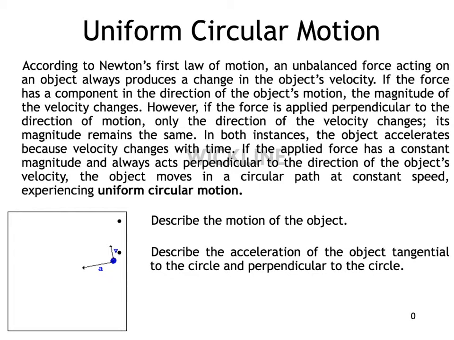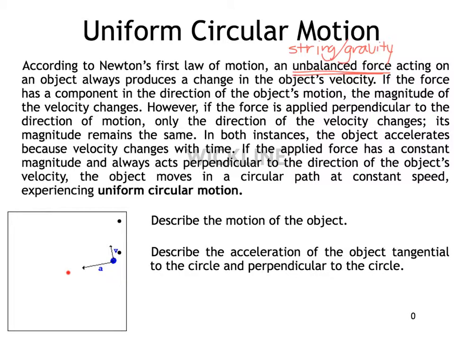So uniform circular motion is actually, in some ways, like Newton's first law. In fact, I mentioned it in the do now. It's saying that an unbalanced force acting on an object will produce a change in the object's velocity. And what we need to consider at this point is that if you have a string or gravity or something that's pulling something towards the center of a circle, then that is most definitely an unbalanced force. And if we assume that that unbalanced force is only pointing towards the center of the circle, like the force is only going this way